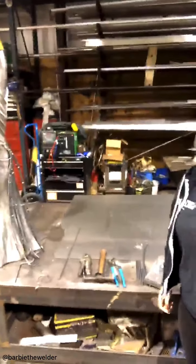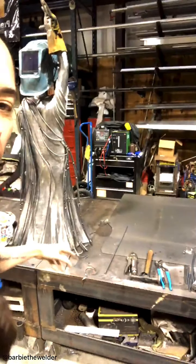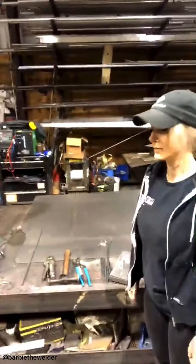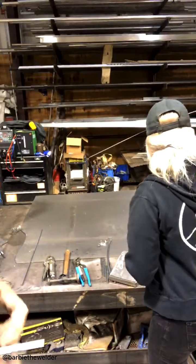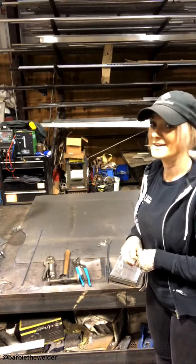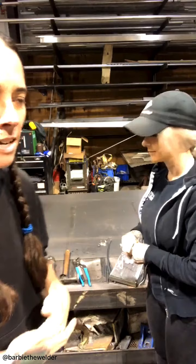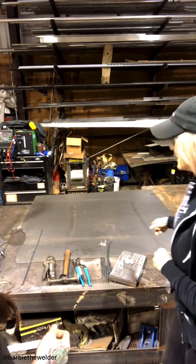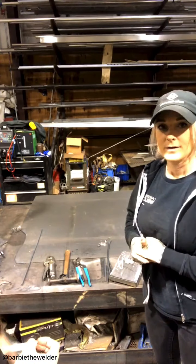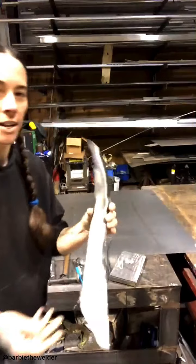We have been problem solving. Yesterday was spent doing some of that. I can actually show you this. We've been problem solving how we were going to create the flag, and it took us some while to figure out the best way to create this. We tried, is it 18 gauge? No, I think that's 20. We used 20 gauge sheet steel, and one of our first ideas was to take it and cut